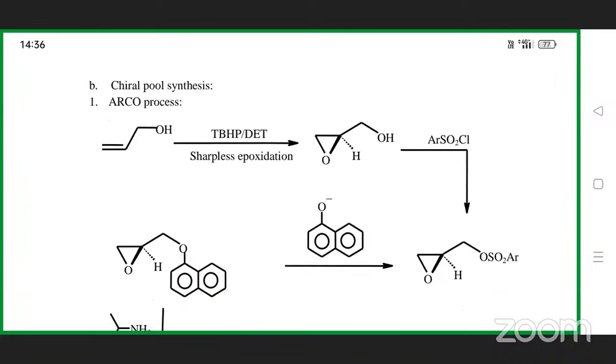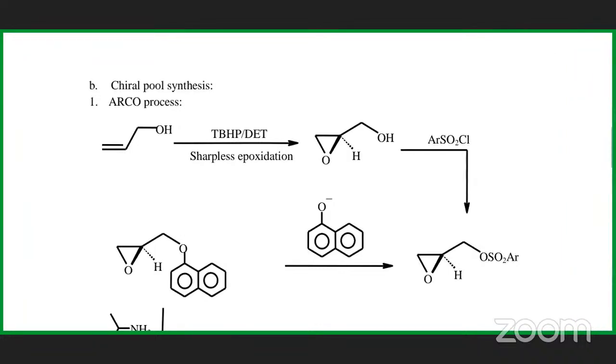Okay, so with TBHP, actually here the TBHP is used as a protecting group. So first you protect this particular unsaturated olefinic group with TBHP, and you can go with this Sharpless epoxidation here. Then we will get this epoxide. Then further you can